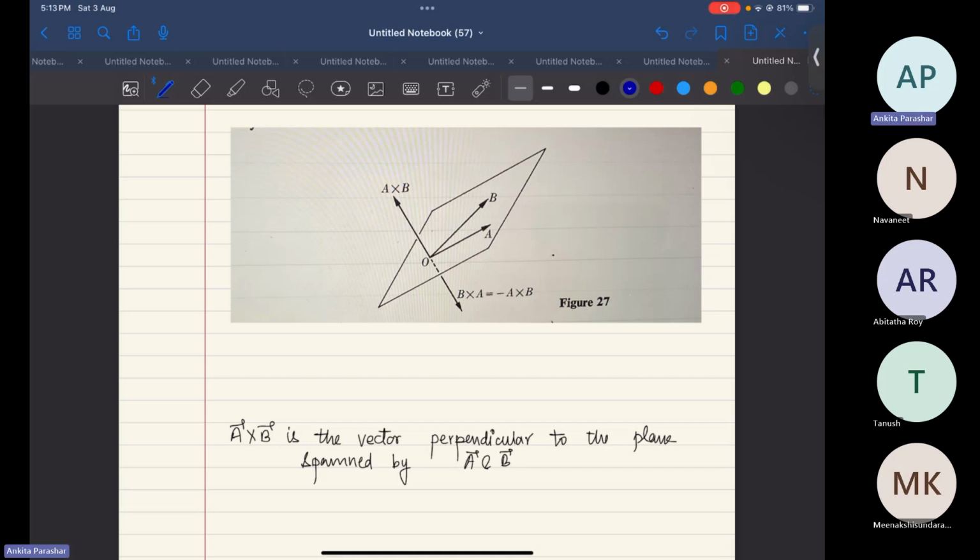It is kind of the same thing. Suppose you have two vectors where you can point the first two fingers in the directions of those vectors. Then if you want to write A cross B, you have to curl your remaining fingers from that vector to the other vector, and the direction of your thumb somehow will give the direction of the normal vector, and normal is the vector which is perpendicular to both the vectors. So roughly, if somebody wants to know what the cross product is geometrically, it is